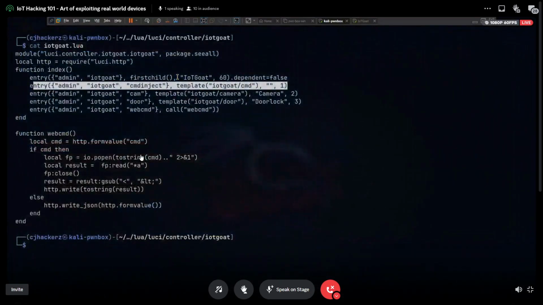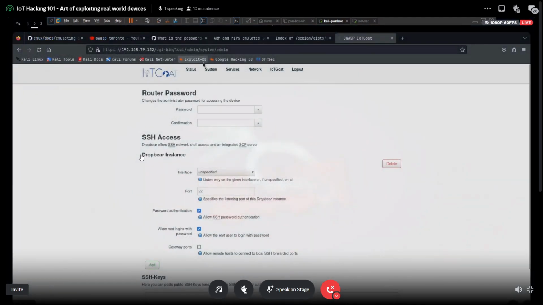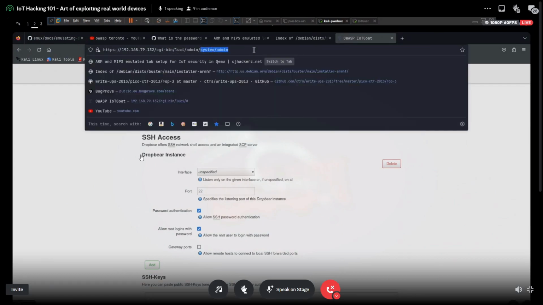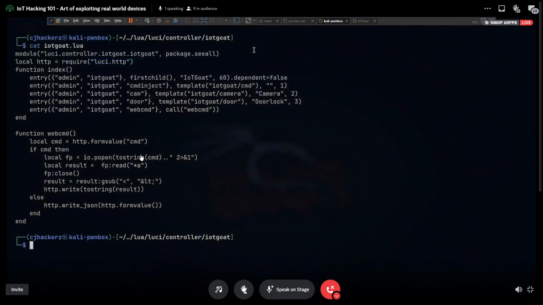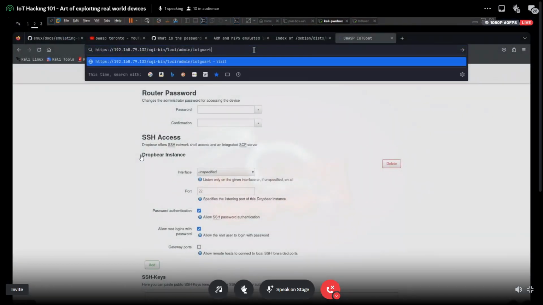So this is admin, then IoTGOAT CMD. Okay, admin. IoTGOAT.